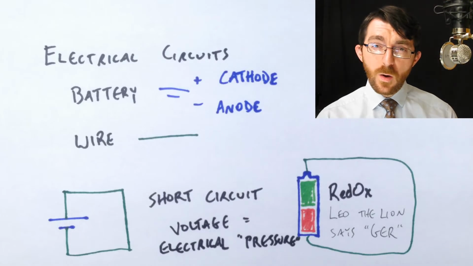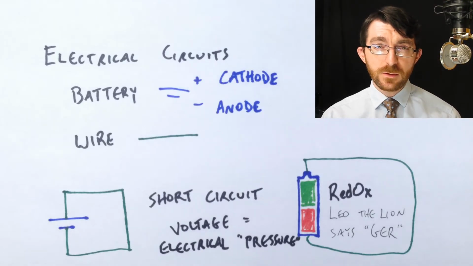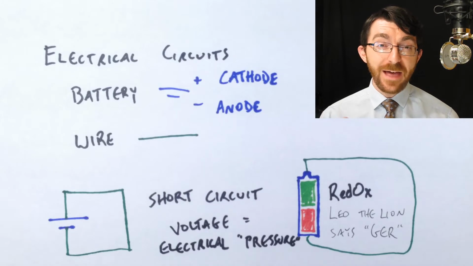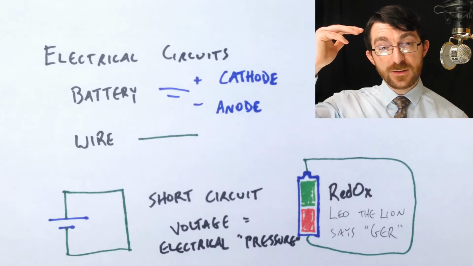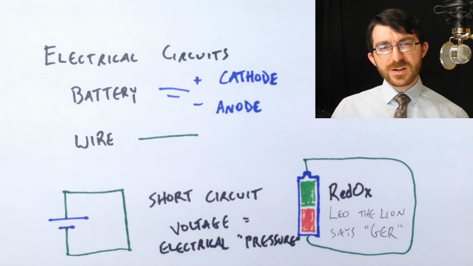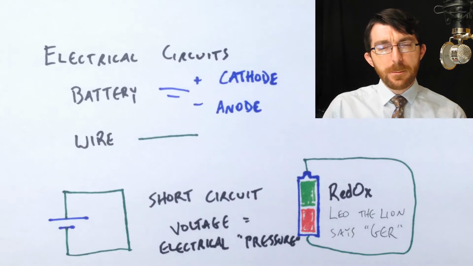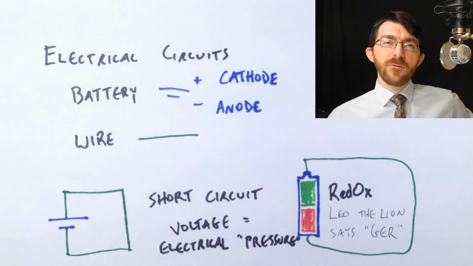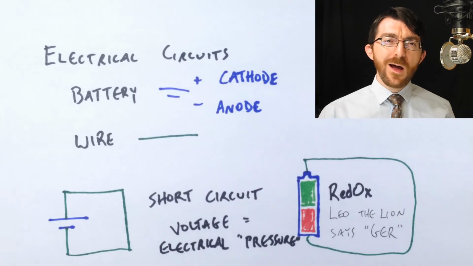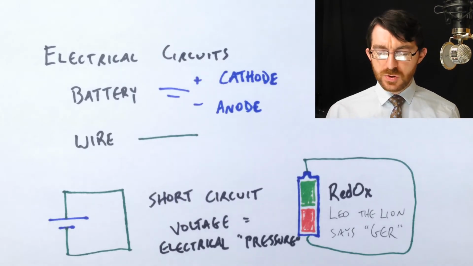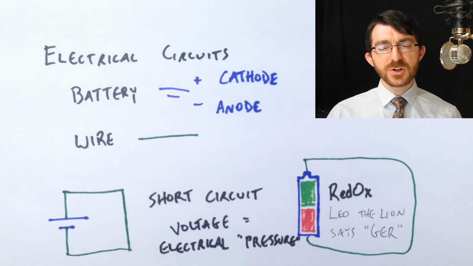In a previous video, I described the electric field around an electron as if it were elevation. And one way that we experience energy gradients, energy differences, is with height. Something that is up higher has more energy than something that is down lower. And we understand what it feels like to put energy into something to move it up. We understand what it feels like to have it dump energy into you when it falls down. So height is a really great way to try to understand how electric